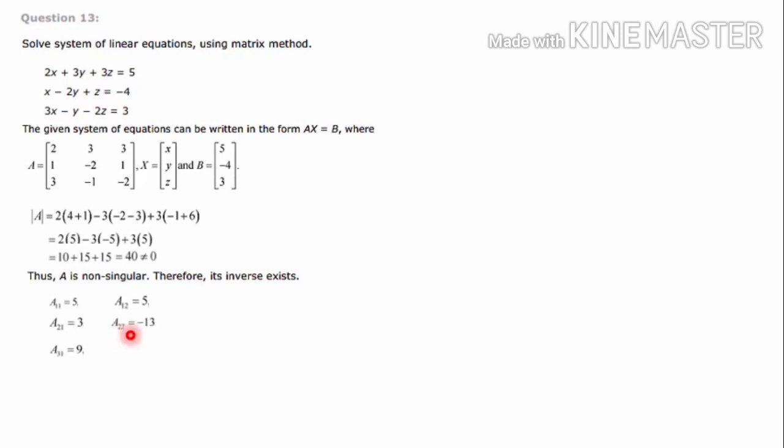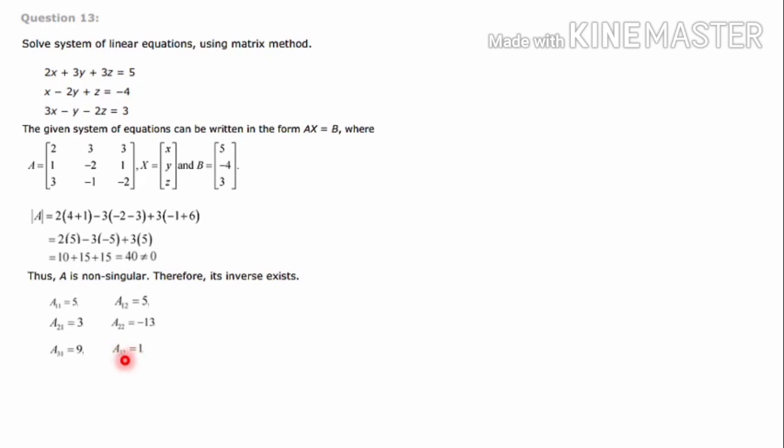Next is A22, that is, the A22 element is minus 2. If you take minus 2, that row and column is eliminated. 2 into minus 2 is minus 4, minus 3 into 3 is 9. So minus 4 minus 9 is minus 13. Let's check the sign outside, that is 2 plus 2, 4. 4 is an even number, so the sign is plus. So the final answer is minus 13.